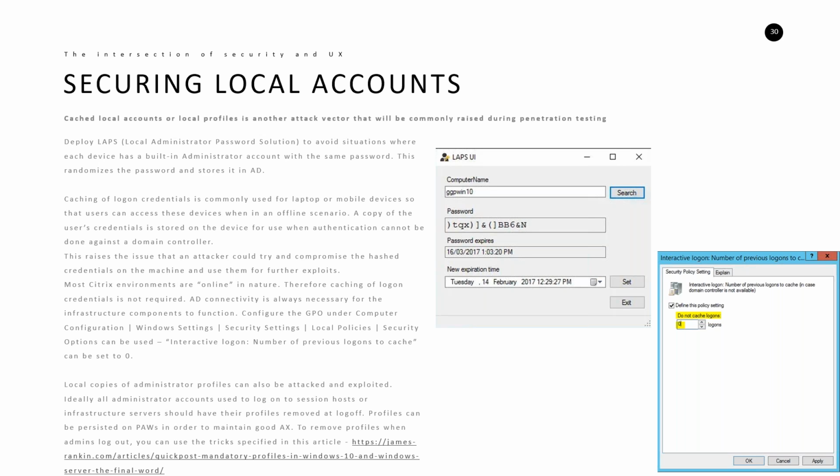Also, pen testing teams called out to me saying local copies of admin profiles can be attacked and exploited, apparently. So I wrote an article recently about how to force particular groups of users to have their profiles deleted when they log off a machine. So if an admin logs onto a session host, when they log off, their profile is deleted. Obviously on the privileged access workstation, they could maintain their profile because they're a higher value target and subject to more